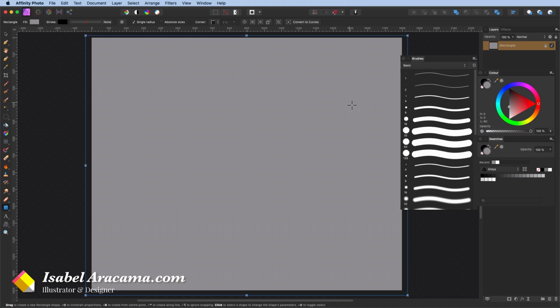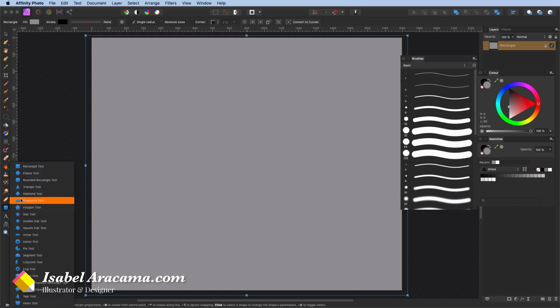Okay, so the first thing we have here is a canvas with a neutral color somewhere along these lines, gray, not too dark, not too light, because we want volume in our sphere and we're going to have highlights and shadows, so we want some contrast. We may tweak it at the end, but we want to start with something like this.